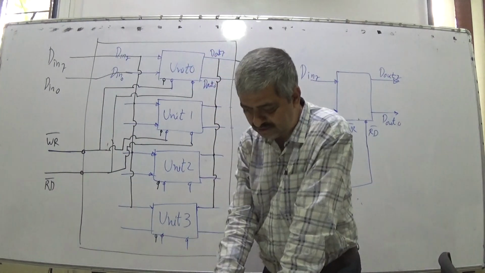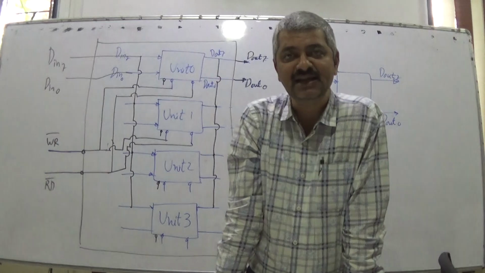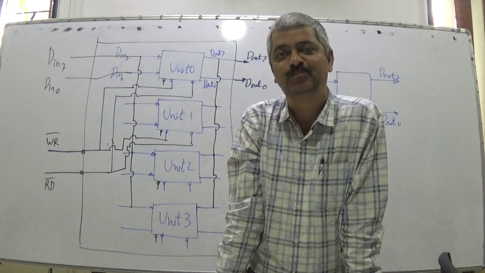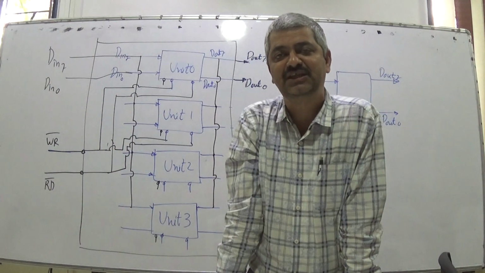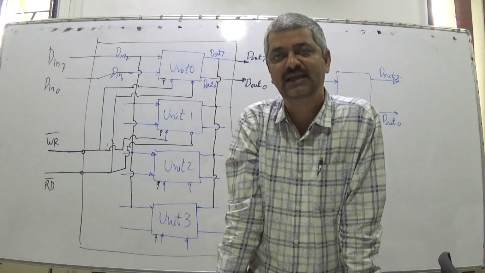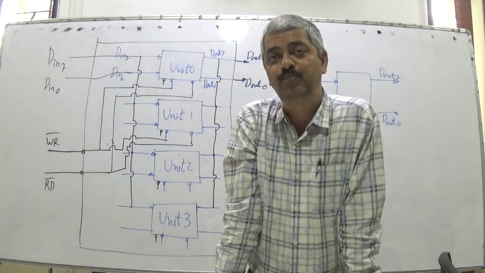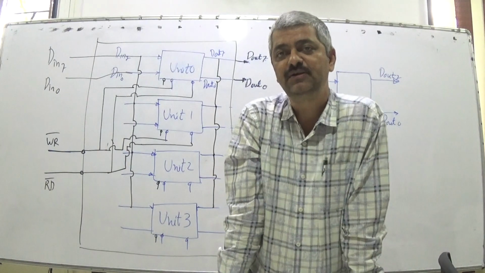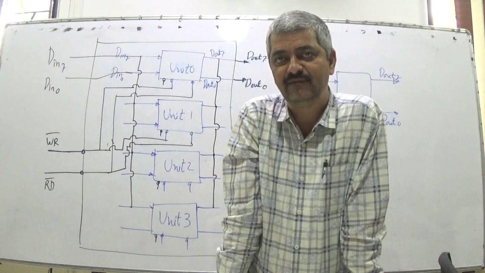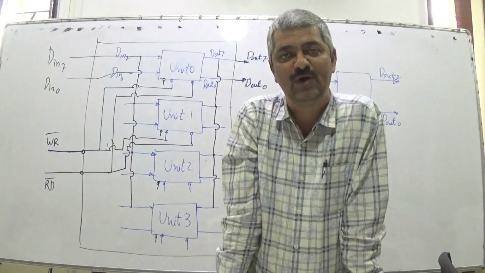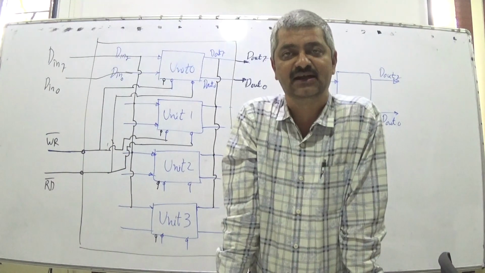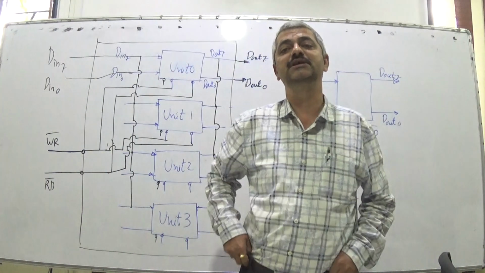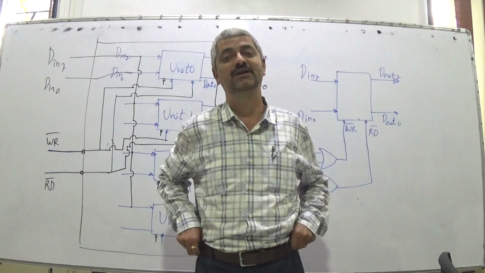Each of the 4 units was having 19 lines. 18 lines of all 4 units are combined, and these are the 18 corresponding lines of the 4 byte memory cell. Each 1 byte memory cell has 18 plus 1, 19 lines, of which 18 are combined and 4 are yet remaining, CS0 bar to CS3 bar. Now what is to be done?